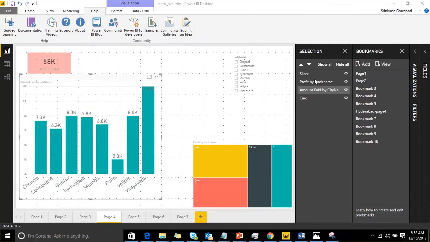Hey, Srinivas, I have a question. How do we come to know that a new update has come into Power BI? Is it a monthly release? It's a monthly release. They will not release patches. They release monthly updates, and whenever you install Power BI, here you will get an option saying an update is available.